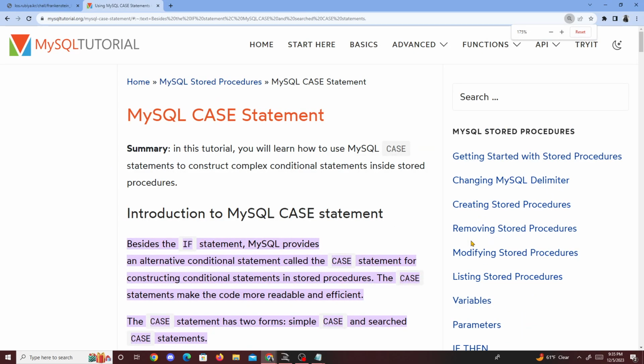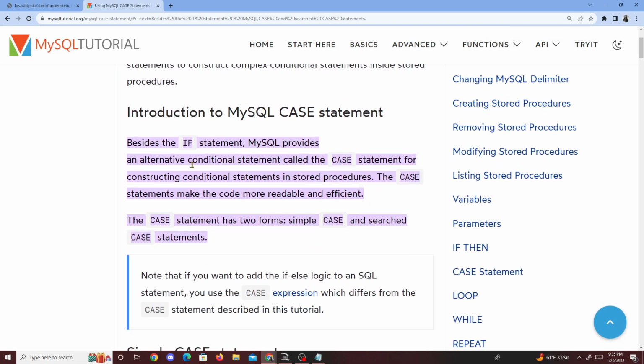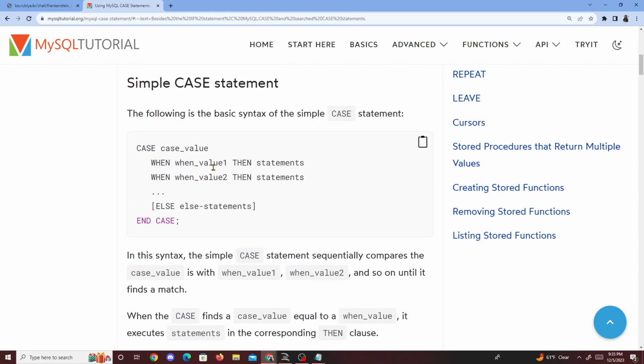Okay. So besides if statements, MySQL provides an alternative called case statements for constructing conditional statements. These case statements make the code more readable and more efficient. In our case, we type in case and then the case value. Then we have when this specific value is equal to that, then we have this statement. So we're going to have a case, and then when it equals a specific value,